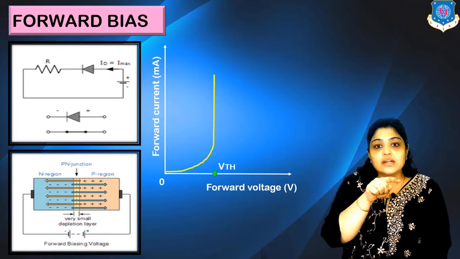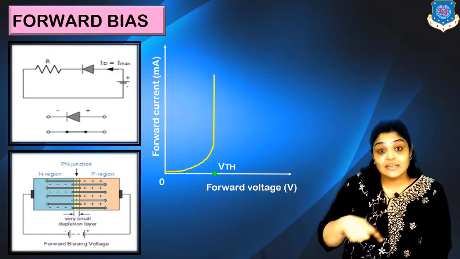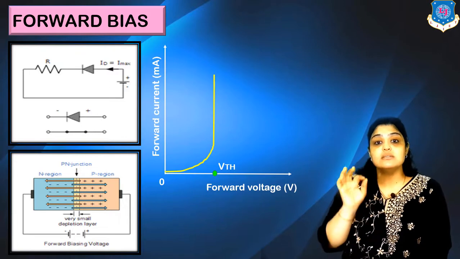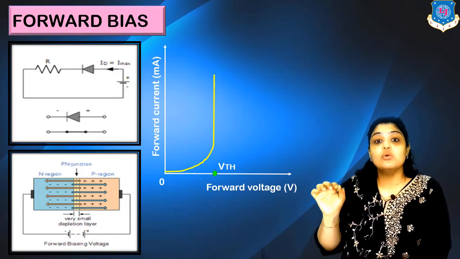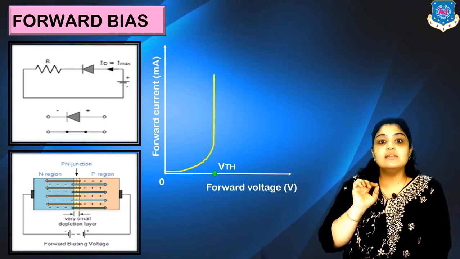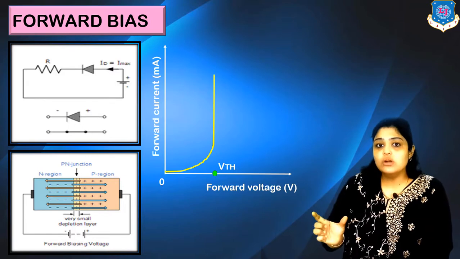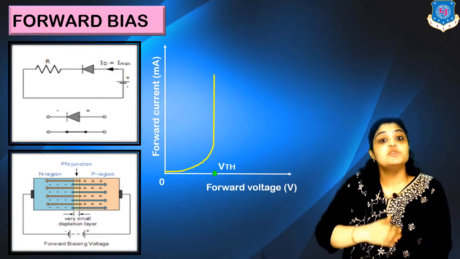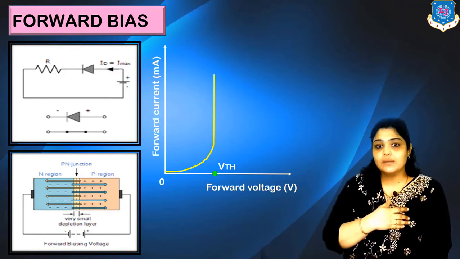You can see that the current was not increasing, but suddenly at a particular voltage, the current suddenly increases. This sudden or exponential increase occurs at threshold voltage. You get a sudden increase in current. So I can say that VTH, or the threshold voltage, is a voltage at which my barrier is also eliminated. Only then I can get current, right?